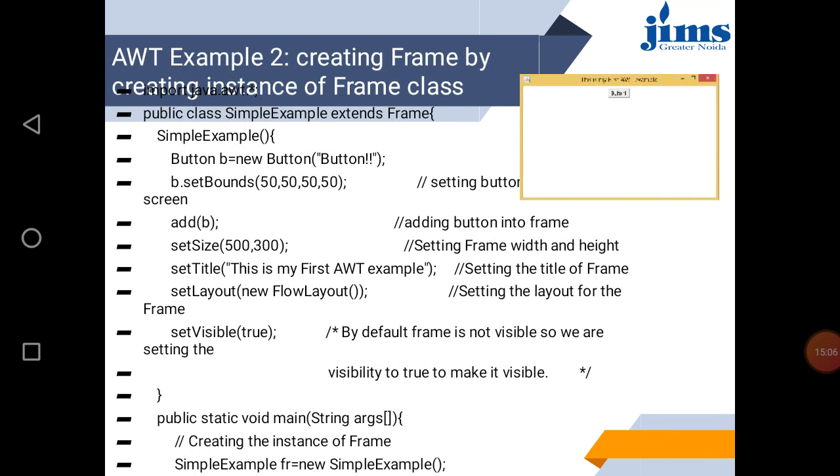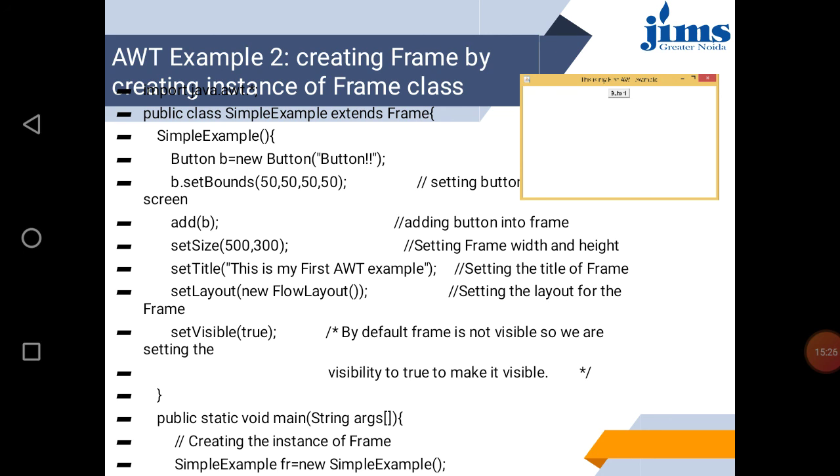Similarly, in this program, again we are extending Frame, and in this case we are creating an instance of the Frame class. How are we doing this?